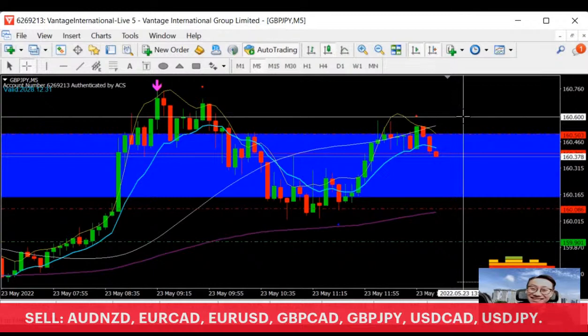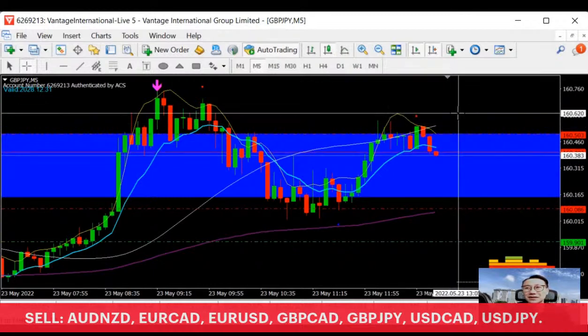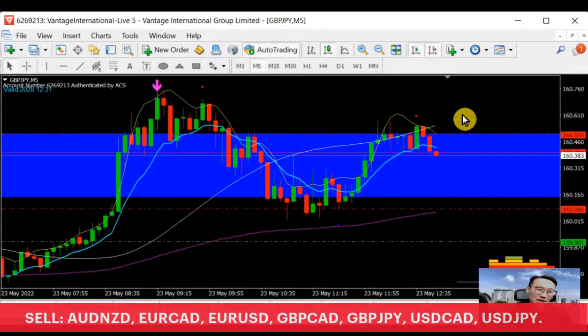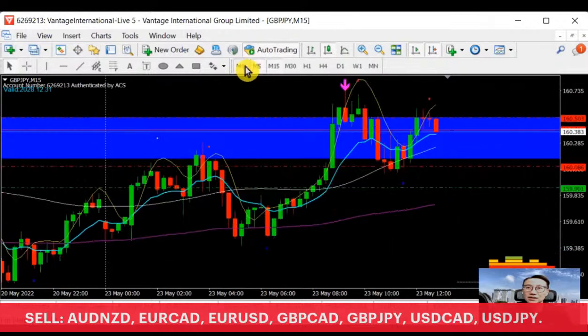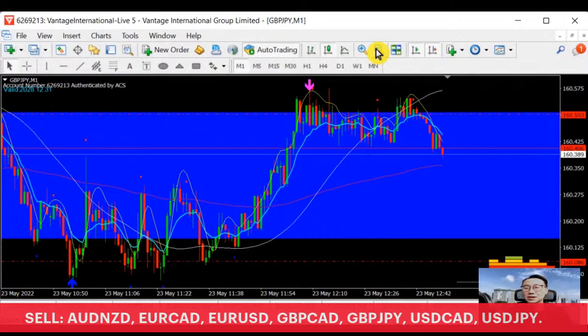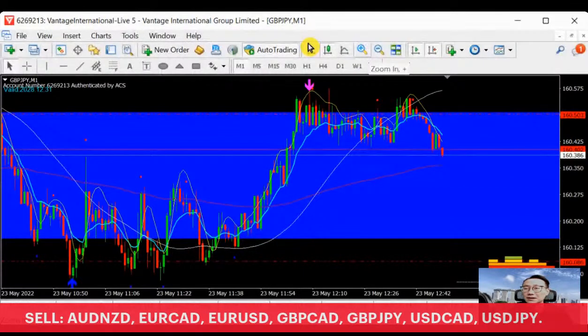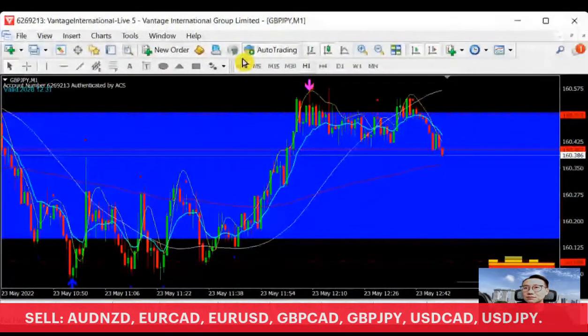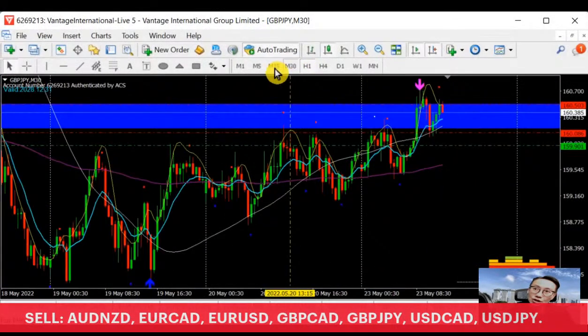Yes, exactly. This is what I meant. Being a scalper, this is something that we must know, because the space is too tight. So right now, if there's a chance like this, we are going to find an entry point. I guess it's coming very soon. So Pound Yen, I will say I will still be scalping it. Let's see, perhaps things will start to change.